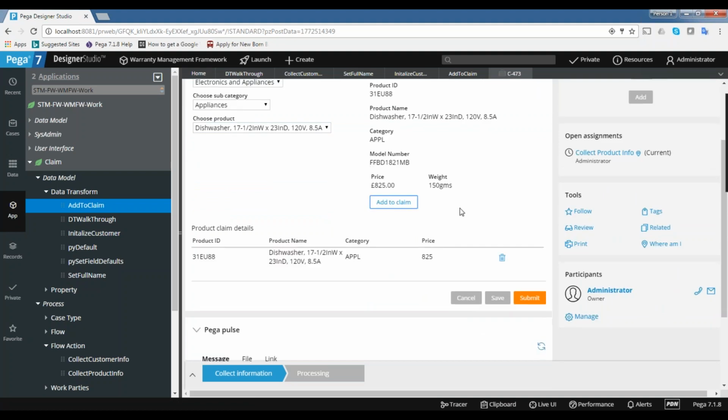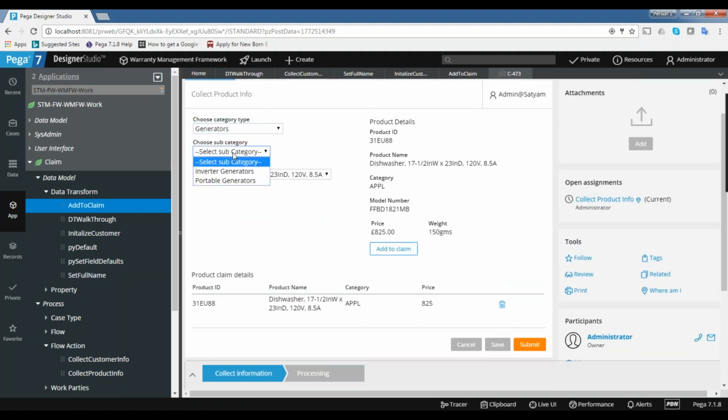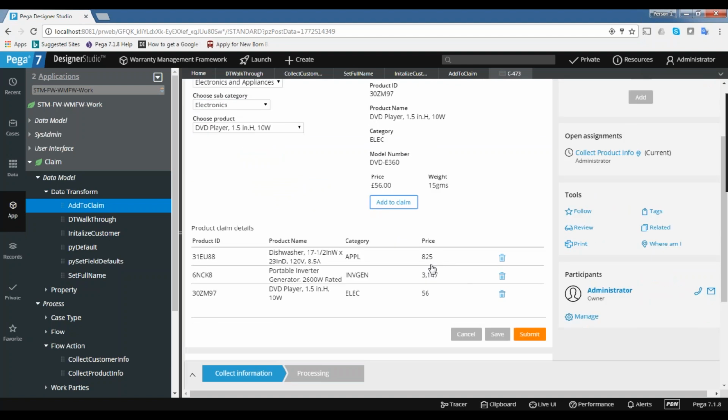So it is 825, add to claim. So 825 is added. Let me give some lesser value, 1347, it is already there. If you observe here, in whichever order I am adding to the claim, in the same order it is coming. So 825, 3147, 50. But I want to sort this list, the highest price on the top and lowest price at the bottom.